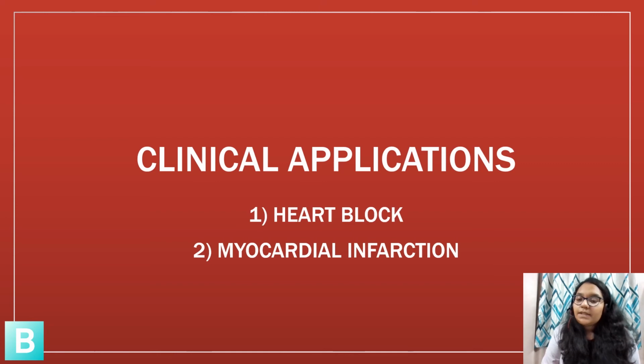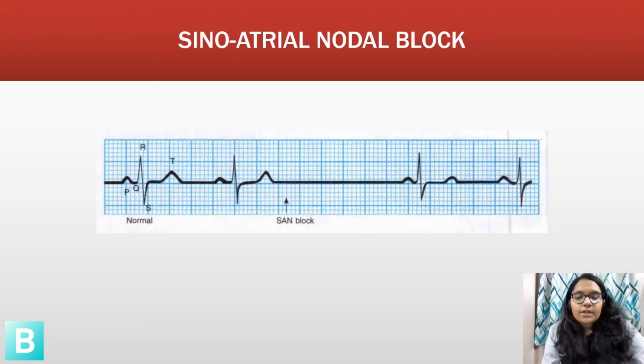Coming to the clinical applications of ECG, ECG has widespread usage in diagnosis and assessment of various cardiovascular disorders like heart blocks, cardiac arrhythmias, myocardial infarction, and the effect of changes in the different ions in body fluids. In short, we will see about heart block and myocardial infarction. Heart block is nothing but the disturbance in the normal transmission of the impulses generated in the SA node. There are three main types. First is the sinoatrial nodal block. Initially, the whole heartbeat is lost, but approximately after 2 cardiac cycles, a new pacemaker takes over.